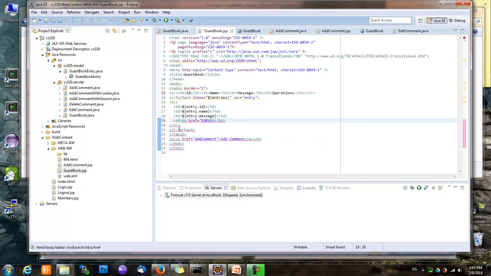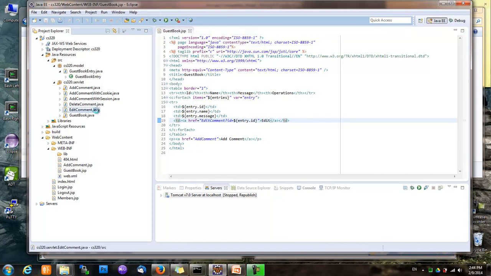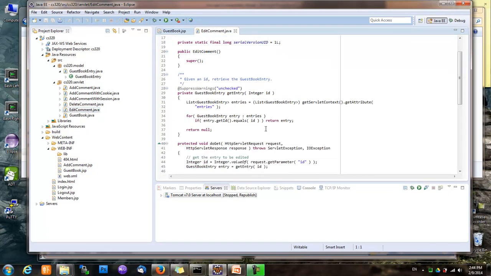Okay, it's edit comment, and we need to know which entry to edit. So we'll use entry.id here to pass an ID request parameter. And yeah, this looks okay. And then it's time to look at the edit comment servlet again. So